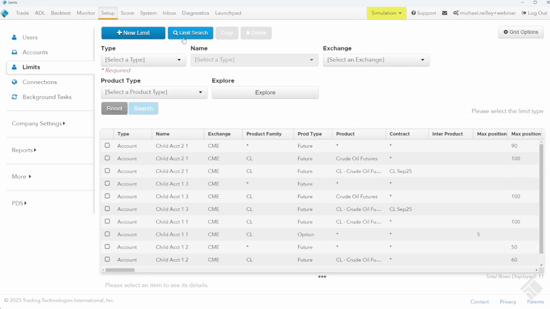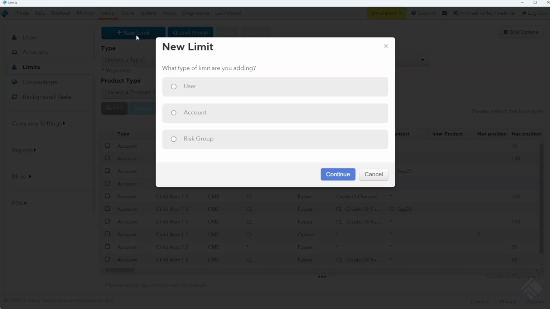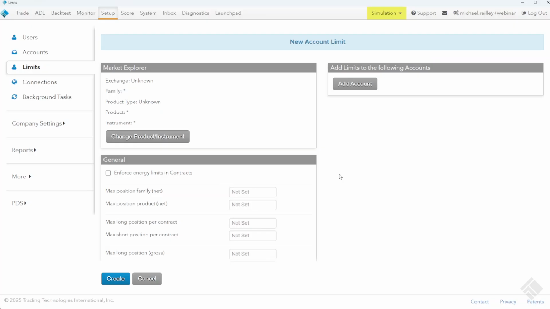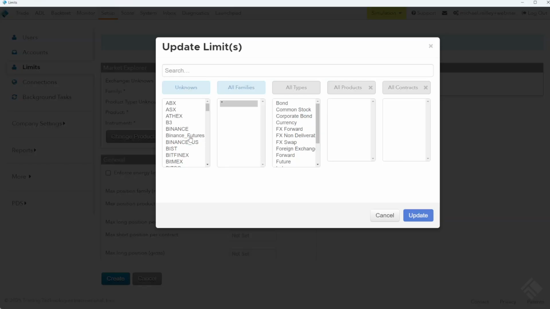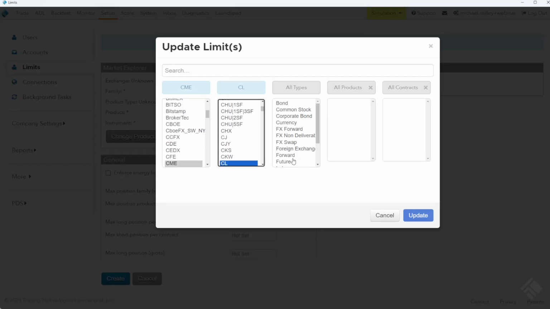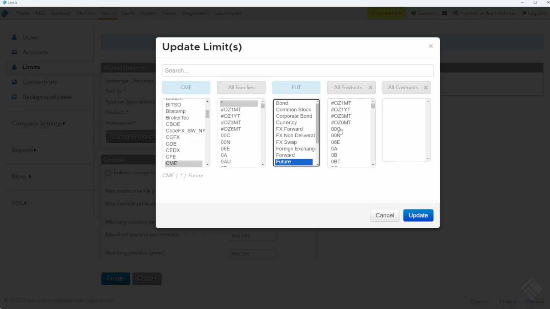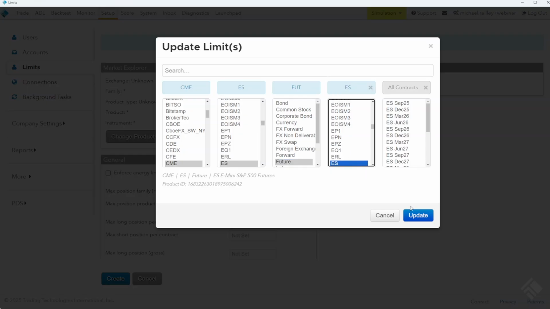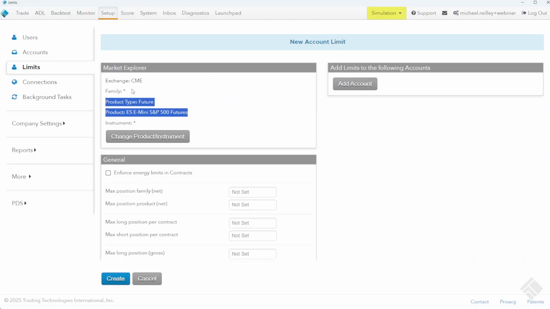Okay. Going back to the top, we just did the search limit and then we modified. We could also go in here and we click new limit. So let's say account, continue. Now from here, we get prompted to populate a particular contract. So in this case, CME, CL, future. Let's change that to ES since we've been going with crude oil for quite a while here. Here we can do ES. I can go to update. So now we've specified that particular product, CME, future, S&P 500,